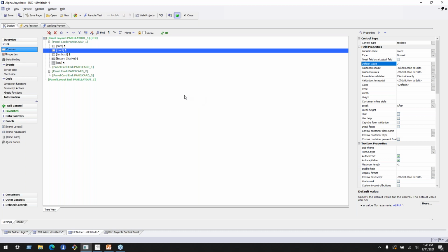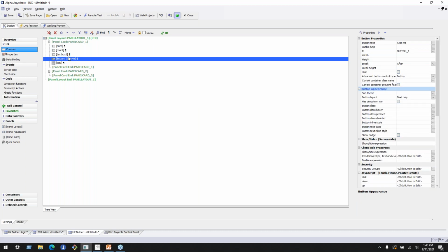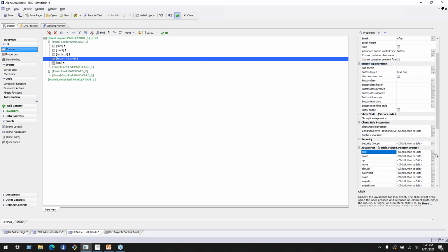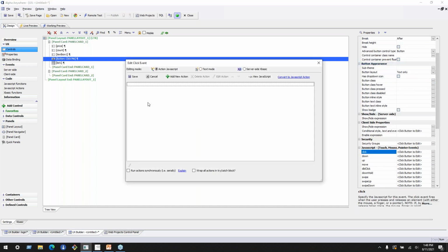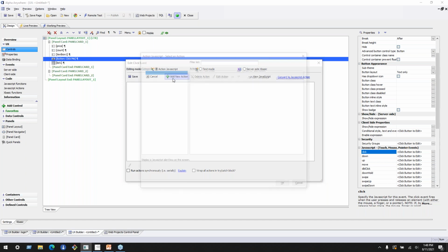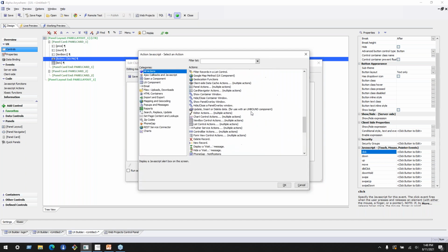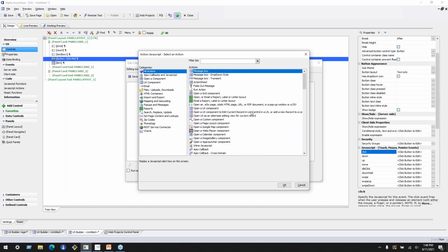All right. So when you're adding an event, like say you want to add an event to a button, the click event for the button, so it does something when you click it. There are 3 ways you can add it. You can use Action JavaScript, which is a whole bunch of little pre-built things we've created that we think lots of people do,